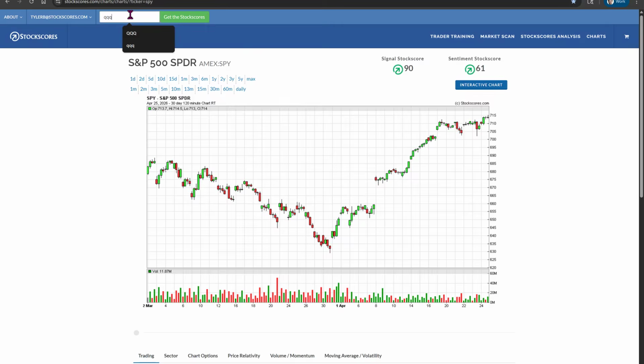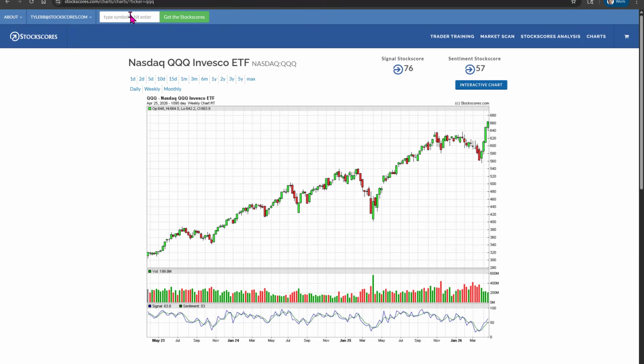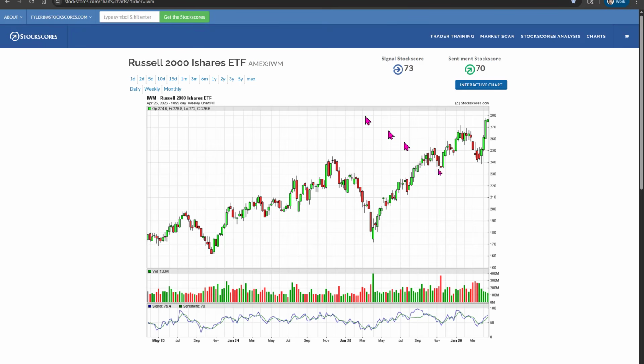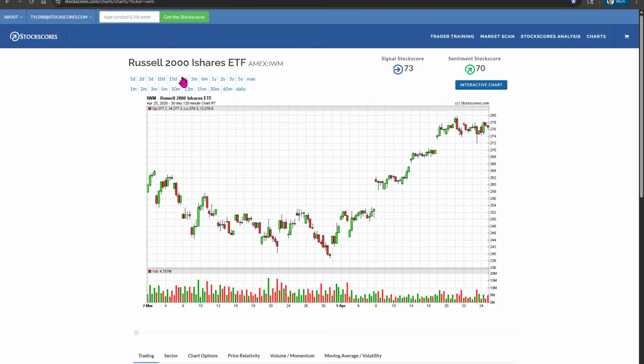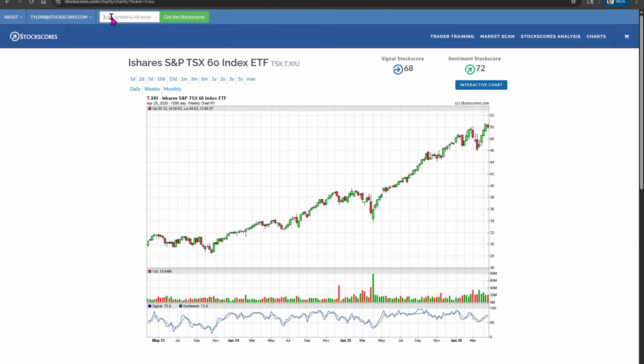Let's take a look at the NASDAQ 100, QQQ. Very similar chart, so same sort of ratings there. IWM, which is our small caps, also very similar. If you look at the 1 month chart, it was a little bit quiet this week as we went sideways after this nice bounce back, but the trend is up. The stock scores are in a good place. All right, let's move along now to the Canadian market, T.XIU, also reaching toward new highs, so bullish on both